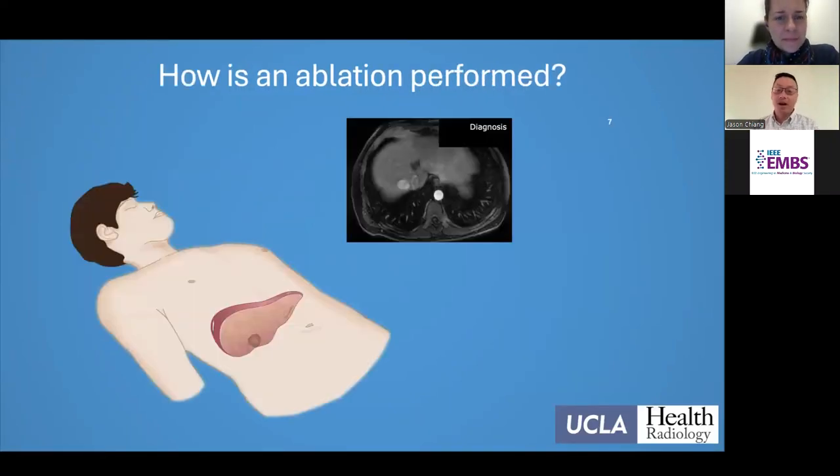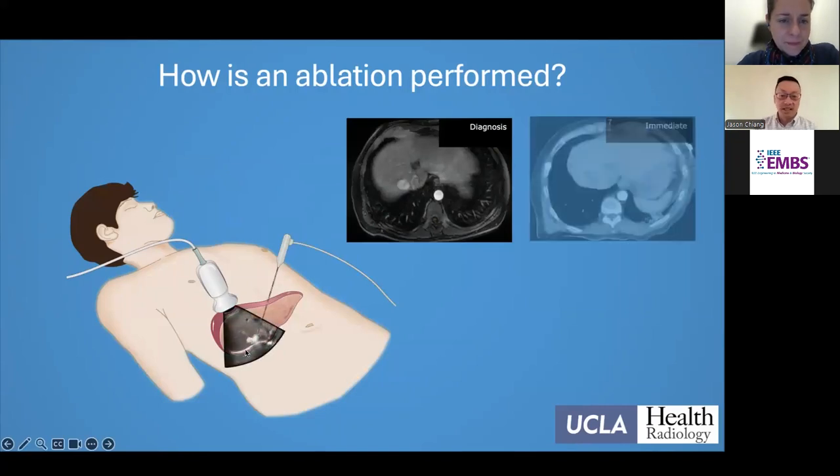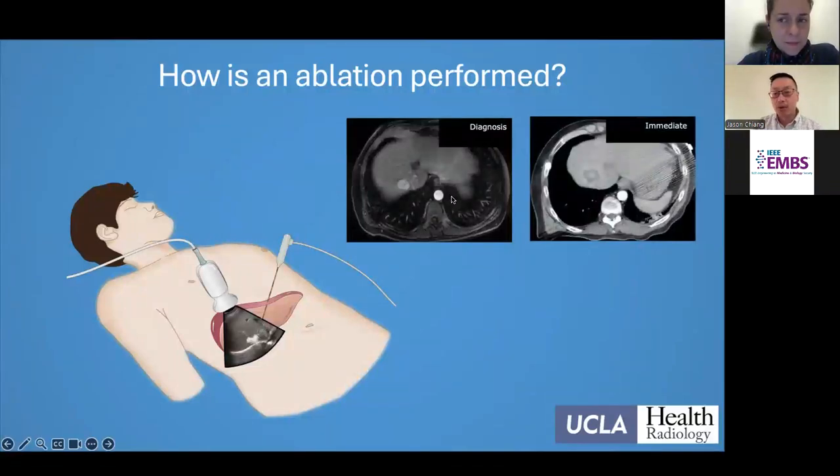This is how it's actually done. The patient is here, usually under moderate sedation and anesthesia. Under ultrasound guidance, you can actually see that you guide the needle through the skin into the liver, into the tumor. Heat comes out. You can see the hyperechoic microbubbles being formed from the heat. And then afterwards, you can see the post-treatment response. And so here is the tumor right here next to the IVC. And you can see afterwards, what you want to look for is that there's no residual enhancement of the tumor